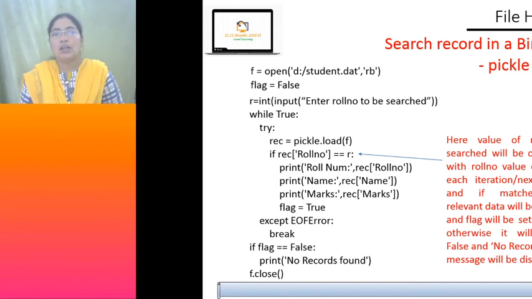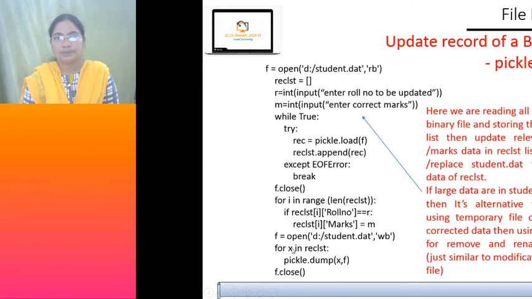If that record's roll number is matching with R, then print the corresponding values. As it is matching, make the flag true, that is, it is found. No need of continuing, so here itself you can break, in this try block. If there is no exception, then no problem. If there is any exception, handle the exception and break it. Once we come out of the loop, if the flag is still false, that means no records found.